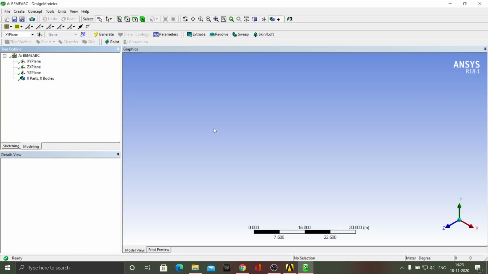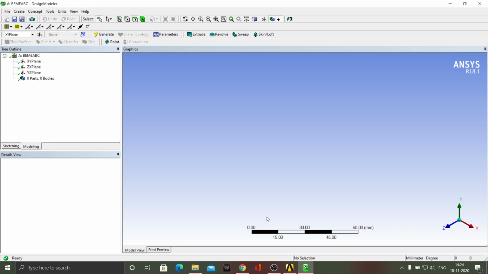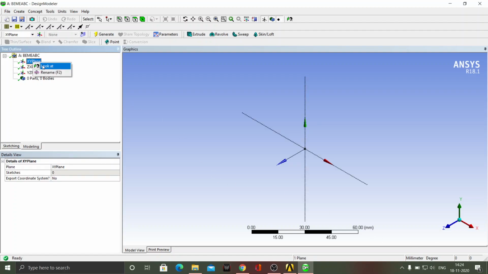Once that opens, we will see that here we can create the geometry on either of the planes. But before going there, you can see that the scale which they have given here is in meter, but we want it to be in mm. So in units we will click and we will select millimeter. So now the scale is changed. Now we are good to go for creating the geometry.